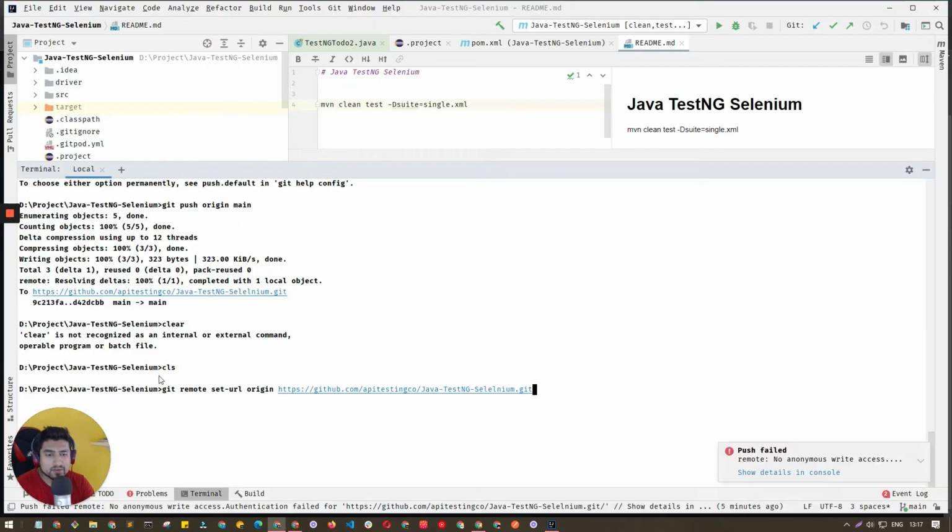After that you need to do a couple more things. Let me clear the screen. You just need to run git add dot, which will add everything, and then git commit -m with a particular message. It can be anything. Right now I'm not doing it, I'm just showing you the step-by-step process. After that you just need to push, git push origin